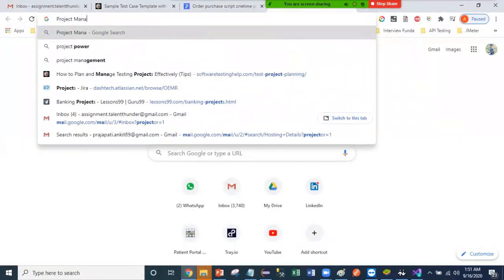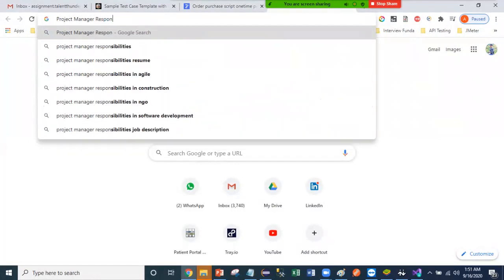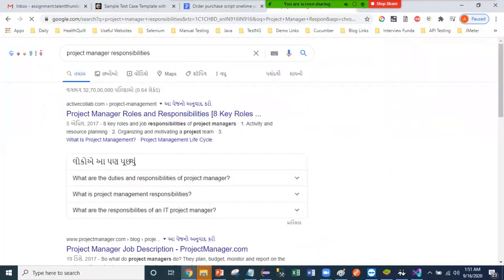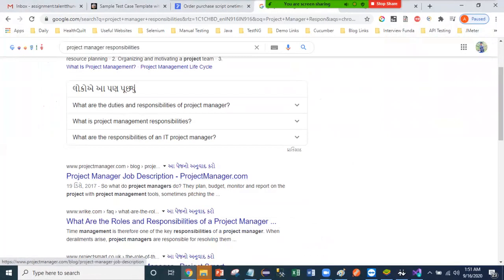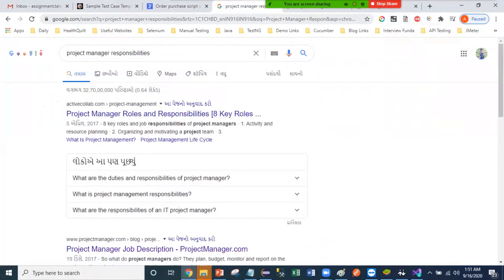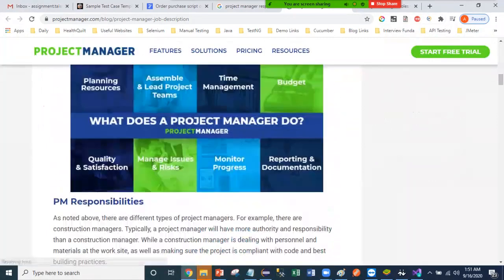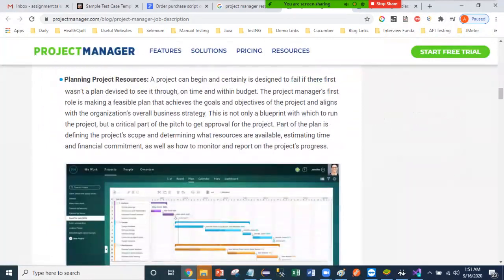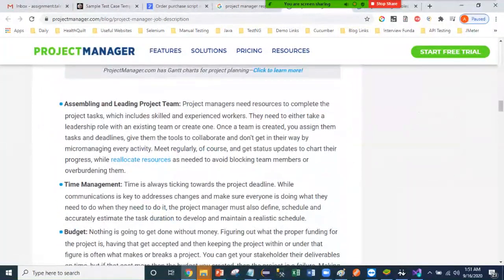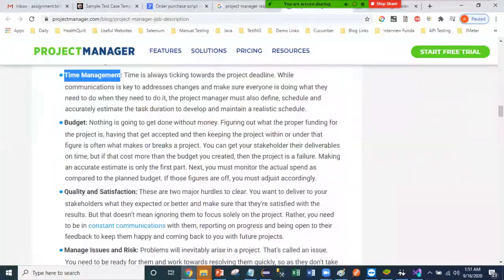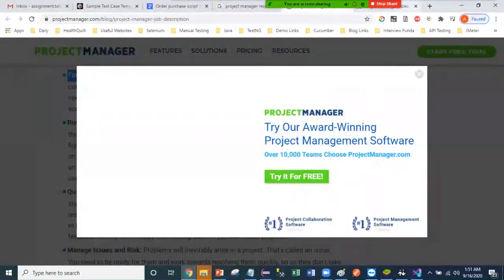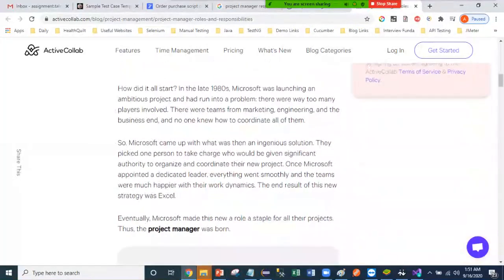project manager responsibilities, and I will just go to any website and understand what a project manager normally does in the SDLC. So it says planning the resource, then time management, then budget, quality. Then if I go to another website, I will see in a similar way what a project manager will